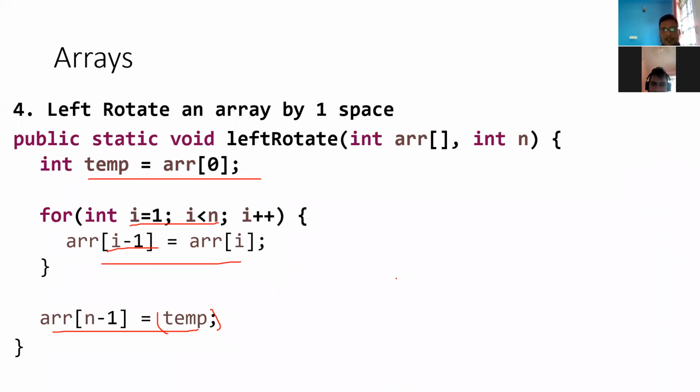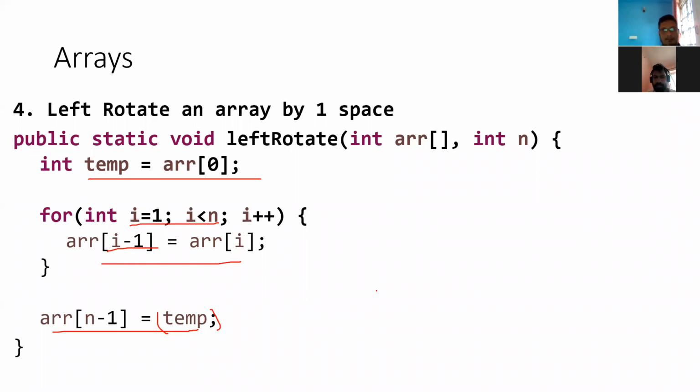No, it is not big O of n. It should be theta of n, because you are always doing the exact operations. So it is left rotation, right? You have to rotate all the elements, so you need to iterate the loop exactly n times. So there is no big O here. It's a theta actually.